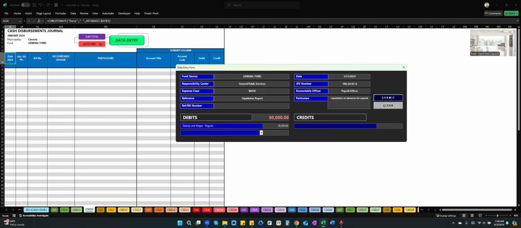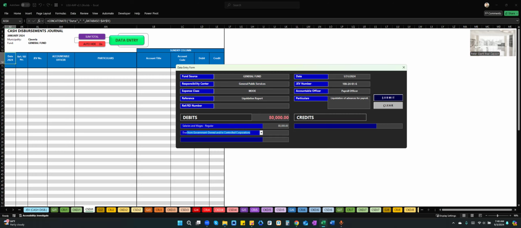And of course you have all the dues, due to Pag-IBIG, due to GSIS, something like that. You just have to sort it out. This is just for demonstration purposes. So I'll just put it all in salaries and wages regular, and then of course here the credit will be